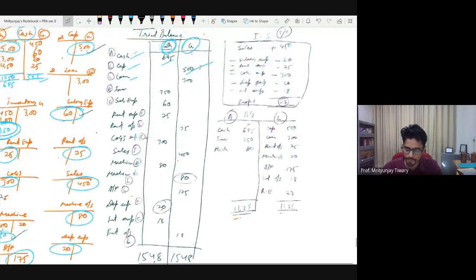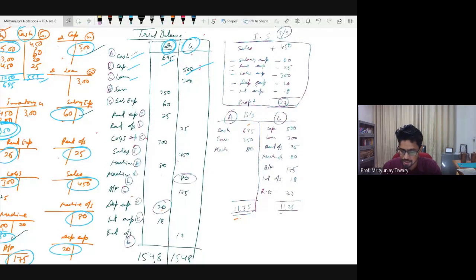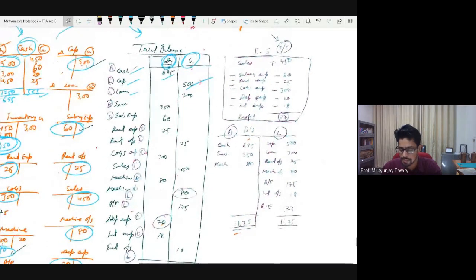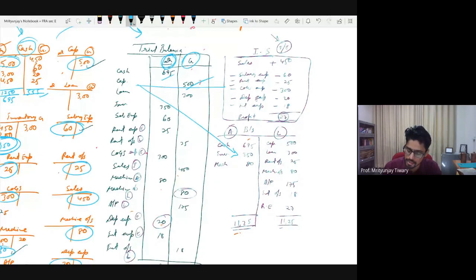After this, we moved to our 5th and final stage of the preparation, that is preparation of income statement and balance sheet. So for that, what do we do? We go to every item of trial balance one by one and we decide whether the particular item is an income, expense, asset or liability. Depending upon what it is, we keep on transferring these items either to income statement or balance sheet. If it is asset or liability, we transfer it to balance sheet. If it is income or expense, we transfer it to income statement.